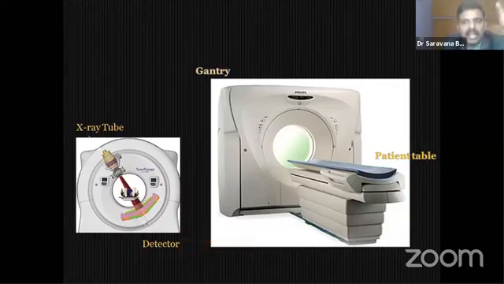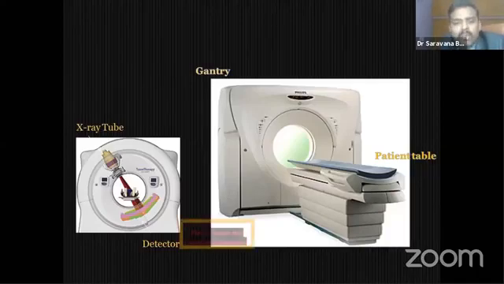X-ray tube and sensor. That's all. What we have studied for digital imaging methods: an X-ray tube, and opposite it we have kept a sensor. The concept is the same. Here also, in the gantry there will be an X-ray tube, and just opposite to it there will be a sensor. But here there will be multiple X-ray tubes in a circular rotation axis, each with a sensor opposite. High-end X-ray tubes, high-end sensors or detectors. Now they are using cesium iodide scintillator detectors. A high-volume X-ray tube will be there.